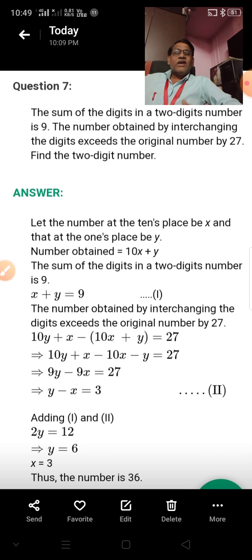Then you get the correct idea of which condition is there and how you can create equation 1 and equation 2. Always in these word problems 2 conditions are there. You have to know those conditions and how to form equation 1 and equation 2. Then only can you solve the word problem. So you have to practice word problems, then you get the idea of how to form the equations.